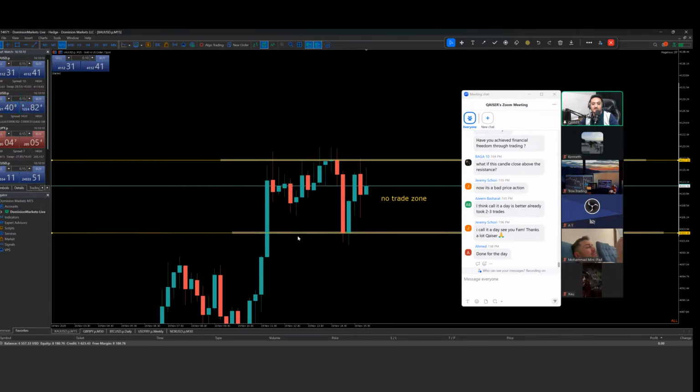So just 5 minutes left for this 15-minute candle to be closed. If it closes within the range, then I will call it a day. We took one trade and that trade went in our favor by 50 pips. We made some money here and we're waiting for the second trade. But if it never appears, I cannot force myself into an execution. I need to close the chart or wait for the candle to close above the resistance or the support. This is a no trade zone we are having right now. Just 4 minutes left for this candle to be closed. Just waiting.